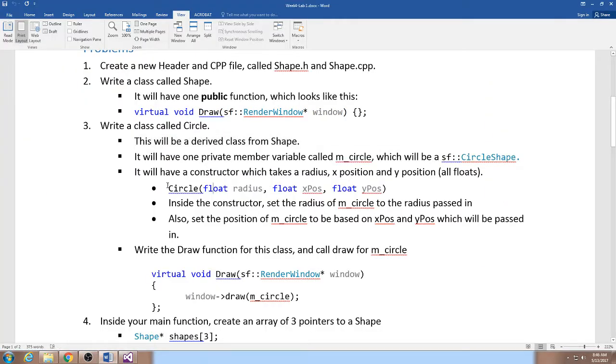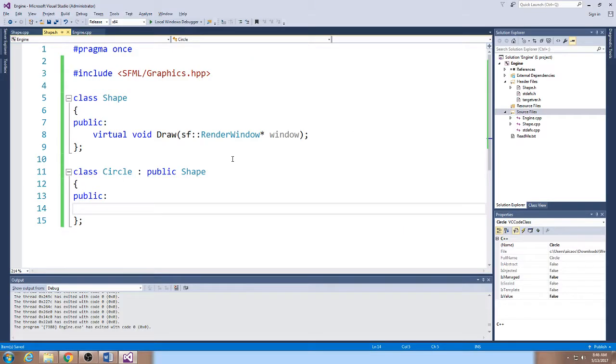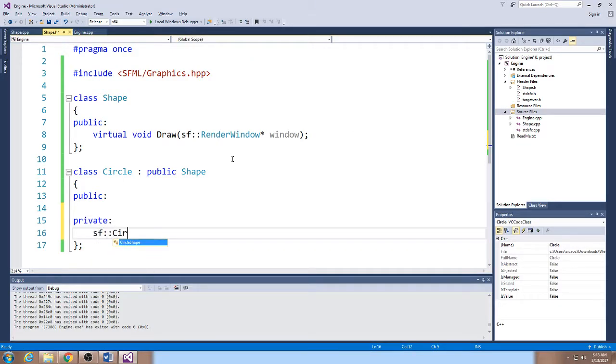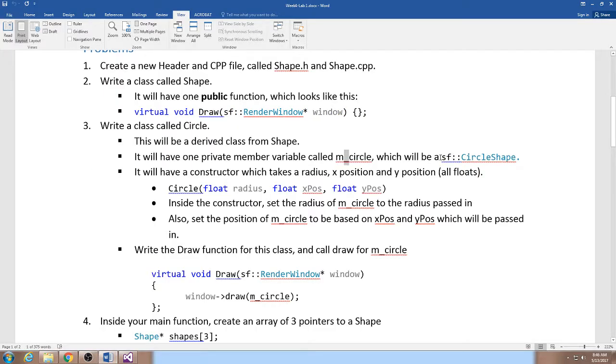So Circle asks you to make a constructor which takes a radius as well as an x and a y position. So it also has one private member variable called mCircle. So these two work in conjunction. A private member variable here, you can create what's called a circle shape. So here, it's an sf::CircleShape, which is something that literally is what we use to draw circles